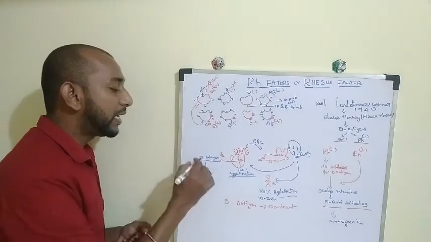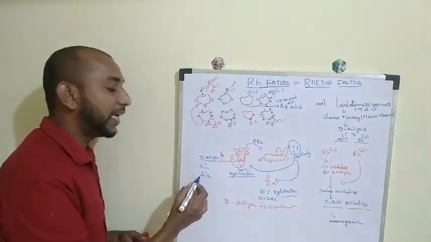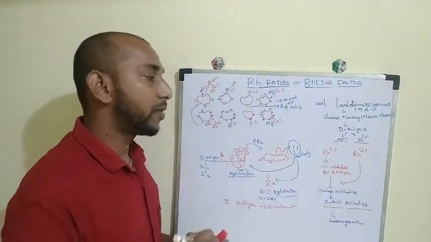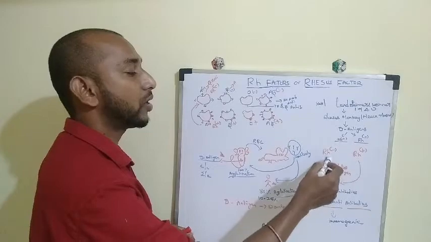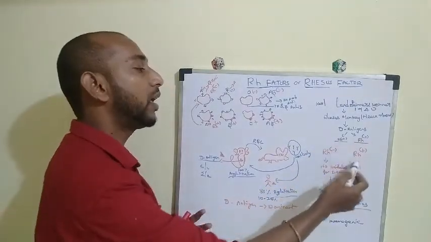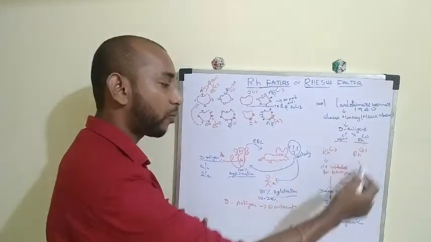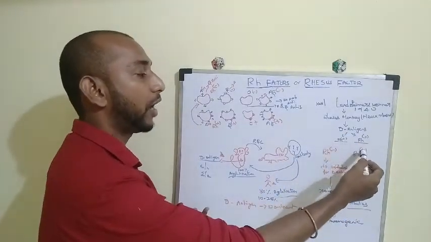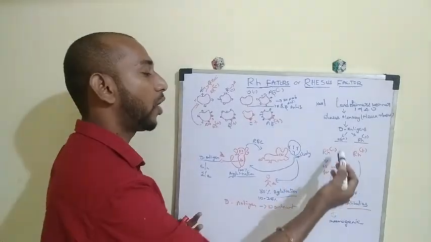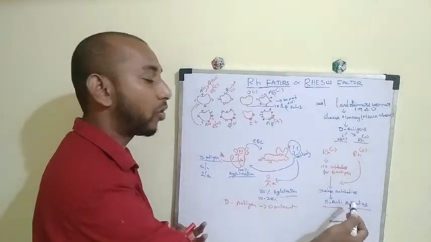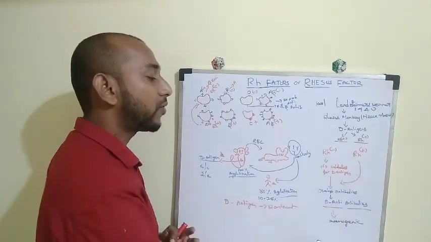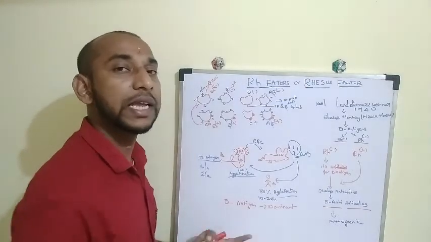Apart from the D antigen, we also have the CE antigens, which I will explain in another video. And remember, in the naturally occurring population, if a person is Rh negative, they will not have antibodies for the D antigen, but when the blood of an Rh positive person is transfused or exposed, then it starts producing antibodies. Those antibodies are called D antibodies. Such a response is what we call an immunogenic response.